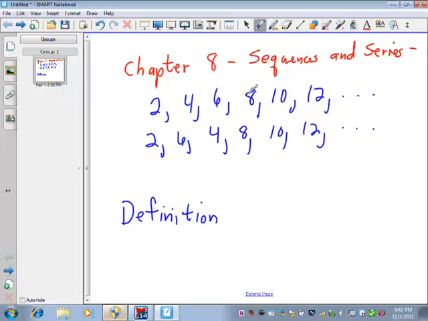What makes this list something special? Well, what makes it special is that there's a first one, there's a second one, there's a third one, a fourth one, there's a fifth one, a sixth one, and so forth, right? That's what makes it special. So it seems like this list is infinite, but it seems like we can count them, right? And we can list them out up to some arbitrary time, okay? So in some sense, because I have this notion of being able to count them in the back of my mind, it seems like both of these lists are functions, and they are. Okay, so definition, a sequence,